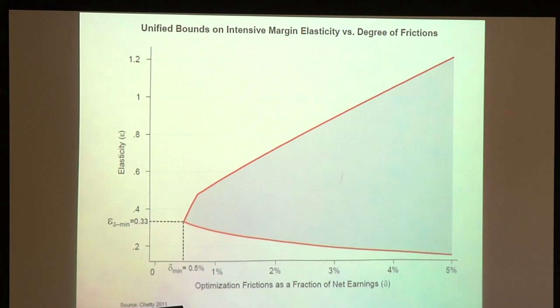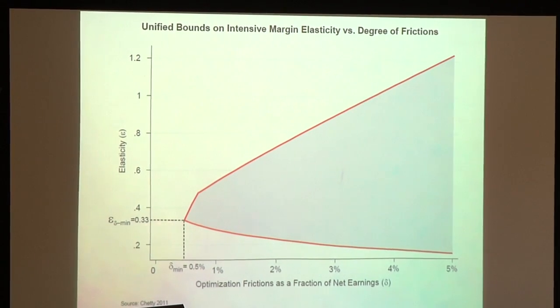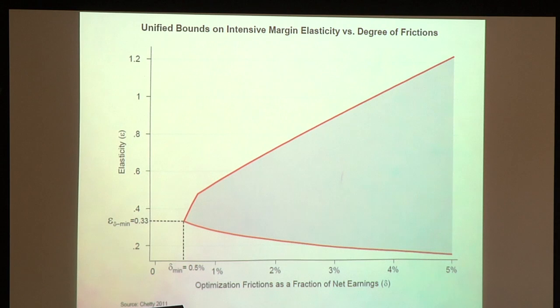So two things to notice here. First, if you let delta fall below 0.5, you no longer get the unified bounds because the sets are no longer intersecting. So we know that if you have a delta of 0, these point estimates are all different from each other.